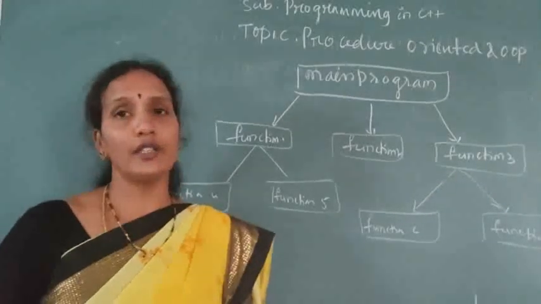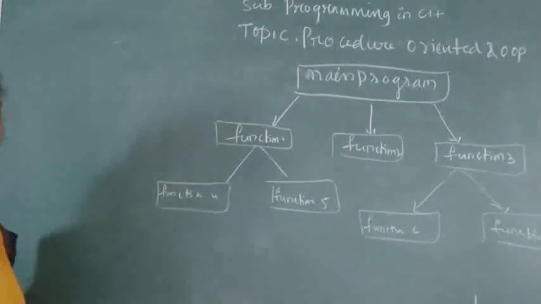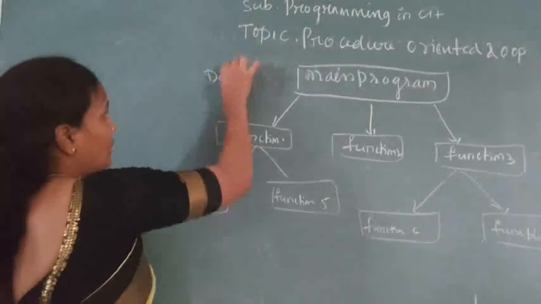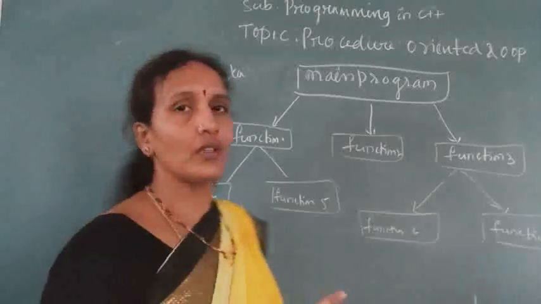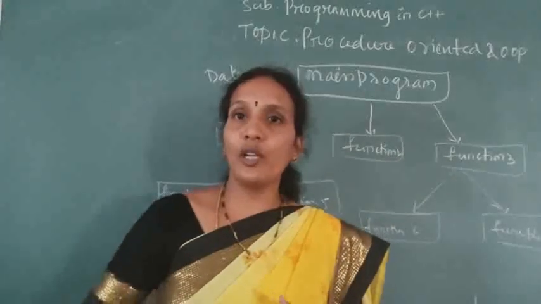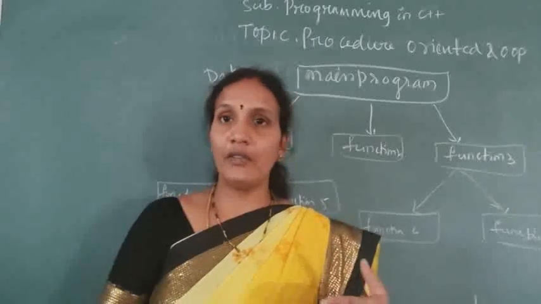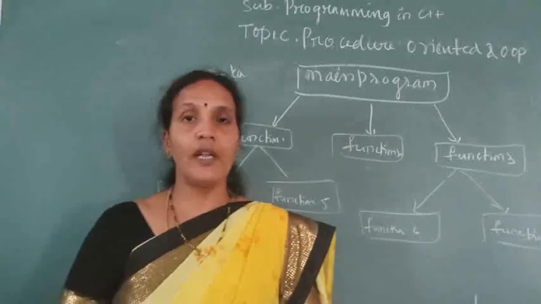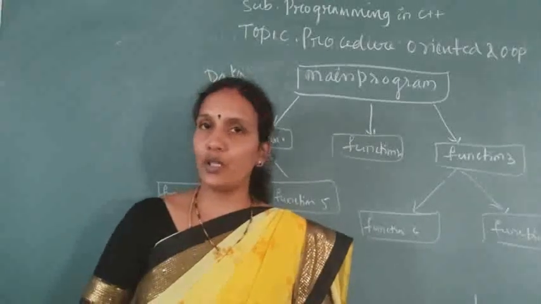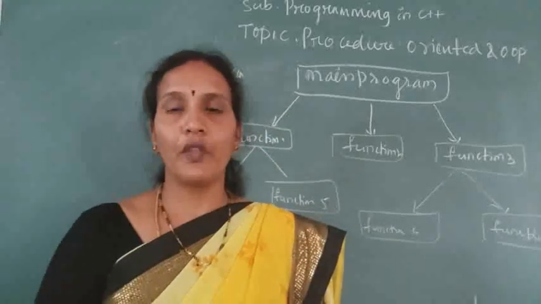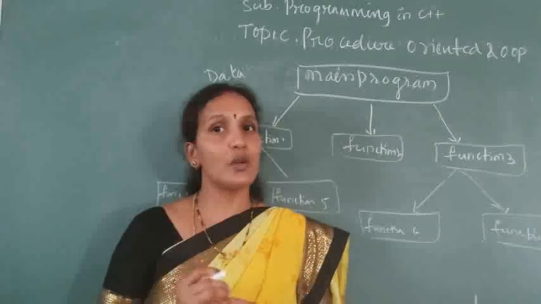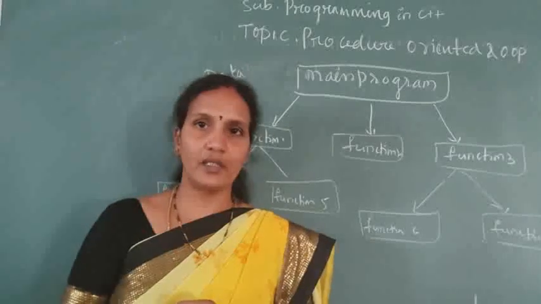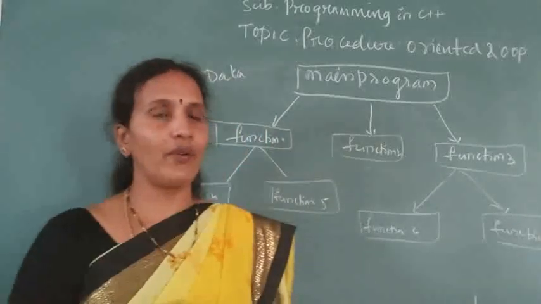Now, the third main drawback of the function concept is that they do not give more importance to the data. They give importance only to the procedure: how you have written the function, in which sequence the function should be executed, how to call the function, and what are the local variables and global variables. The main focus is on the procedure, not on the data you are storing. That is one of the drawbacks of procedural programming.